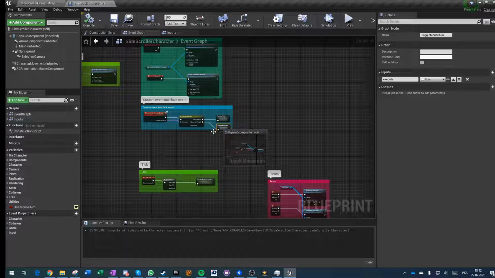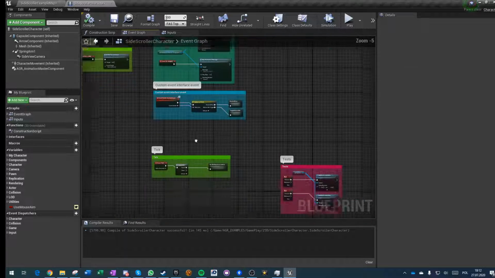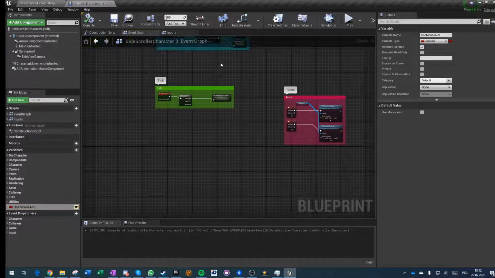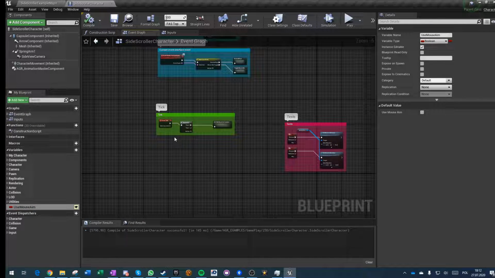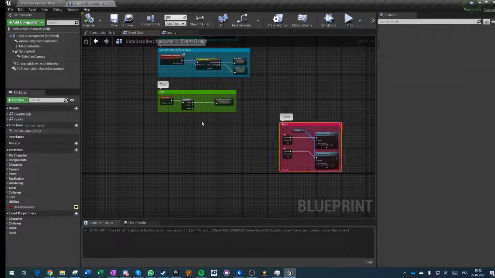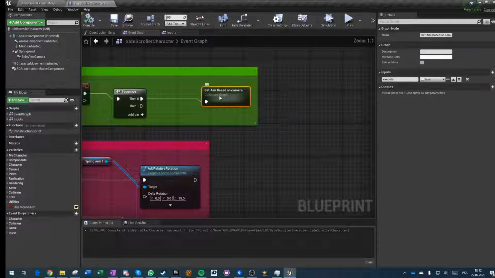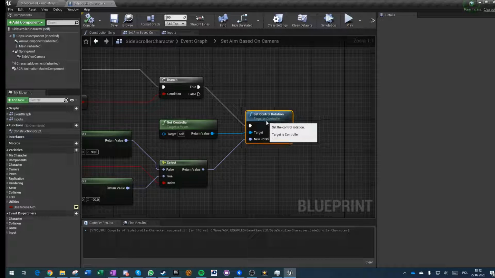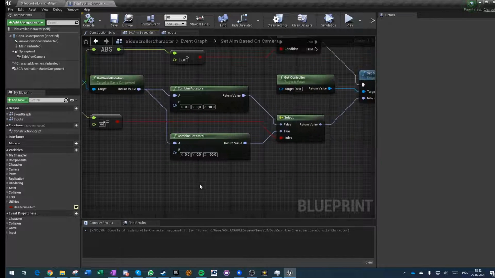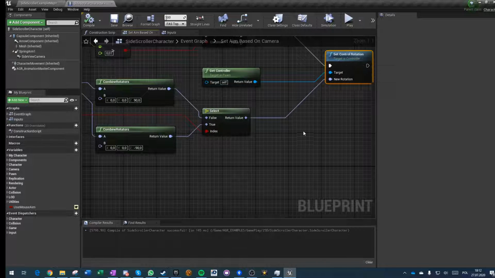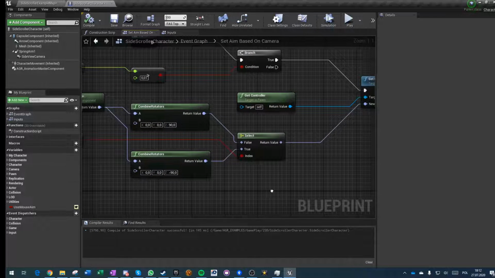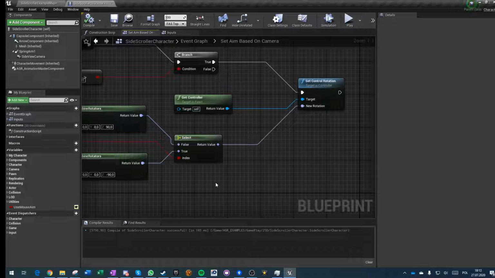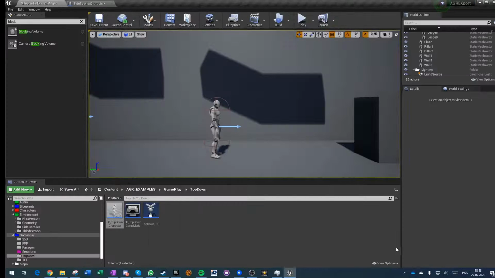Now we have this as well. Add, and this is false by default, so it is as it is right now. And now on tick, set aim base, and this base rotator, we're gonna need a new one. So we would have to get, would have to actually use